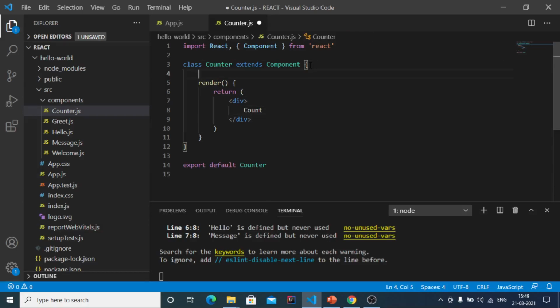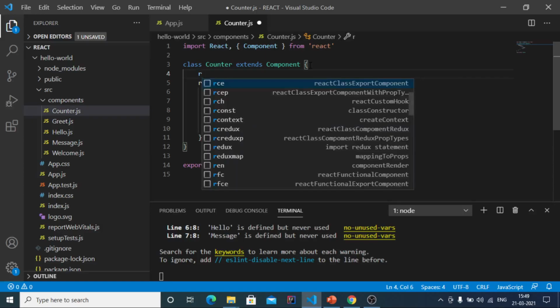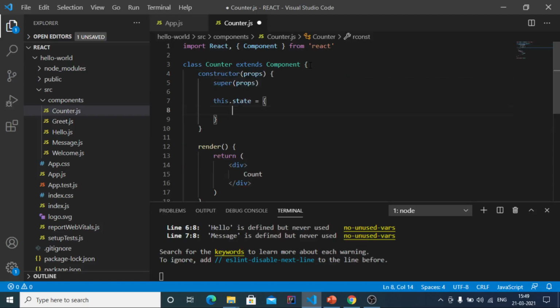That's why we have to create a constructor before the render method, and using the snippet ctor tab out, it will create a constructor for us. A call to the base class constructor is made using super, and this.state is nothing but an object, and we will be initializing a value 0 to the count variable.